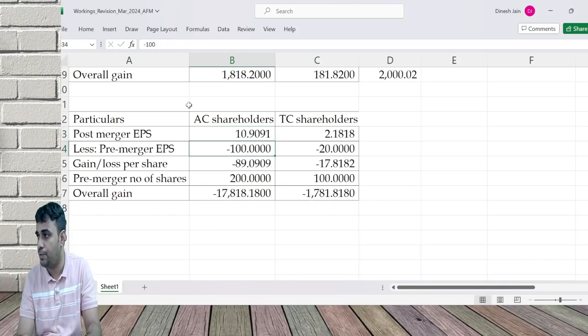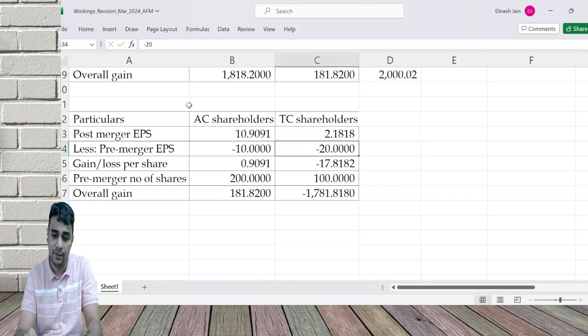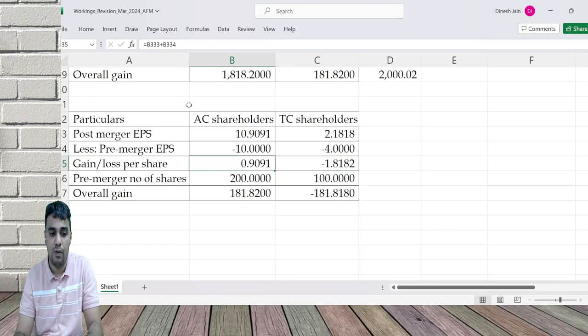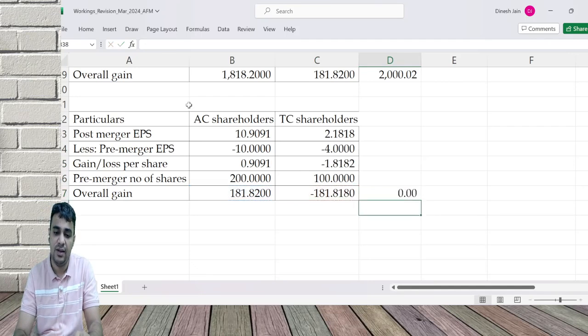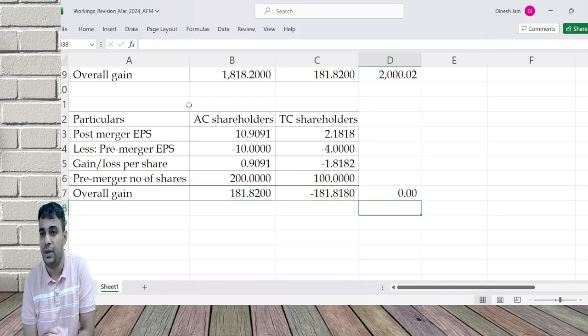2.9091. Equivalent is 2.1818. Pre-merger, one party is gaining, the other party is losing. Overall gain, if you add, is 0. The reason is PAT did not improve. EPS can improve only if PAT improves, and PAT did not improve in this case. So if somebody is gaining at EPS, somebody has to lose at EPS in this question,